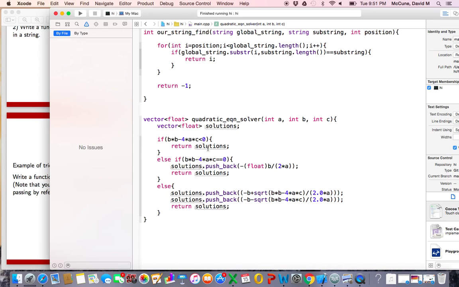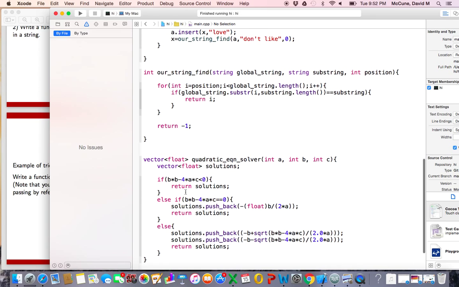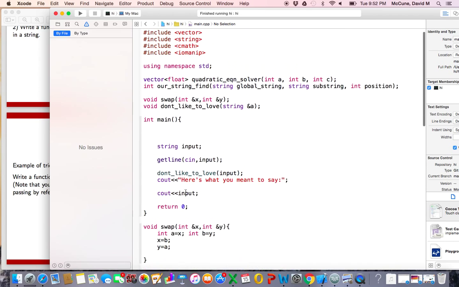So this function here will either return an empty vector if there are no solutions, a vector with a single number in it if you have a single solution, or a vector with two solutions in it if you have two solutions. So all of this to say, you can also trick functions into, quote, returning more than one value, end quote, by having it return vectors, by having it return a list. So anyway, I just wanted to have this here for you to see that you don't have to use passing by reference. Here's another way to do it. So when I put this code up on Moodle, I'll leave this in there as another way you could solve quadratic equations. Okay, but for now, let's build